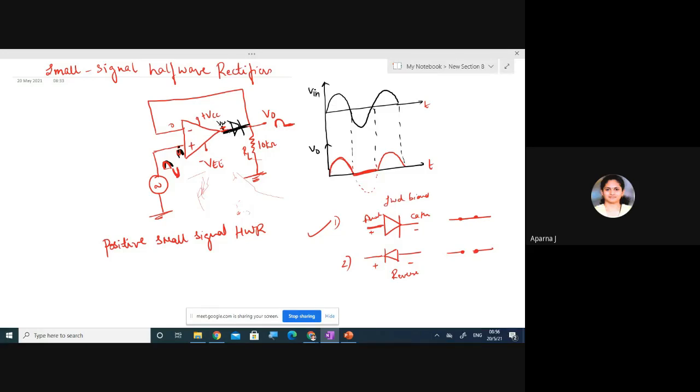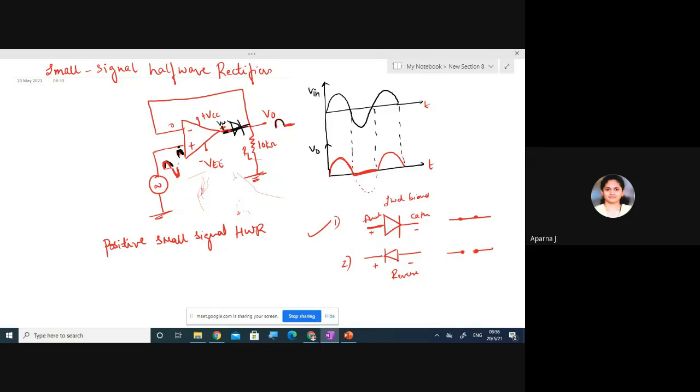Whatever input you give, the corresponding output will be available. And the comparator, what I mentioned, is at the initial stage. That is when you apply like 0.01, 0.02 volts, at that time itself we get the positive voltage at the anode of this diode, and hence it conducts. From there it works as a voltage follower. So whatever positive going input is applied, you get a positive going voltage at the output also.